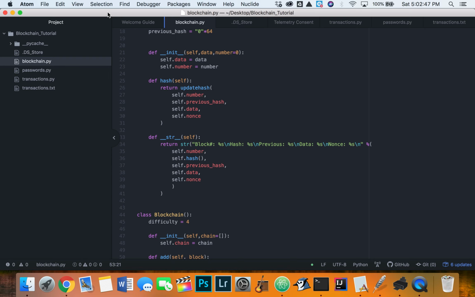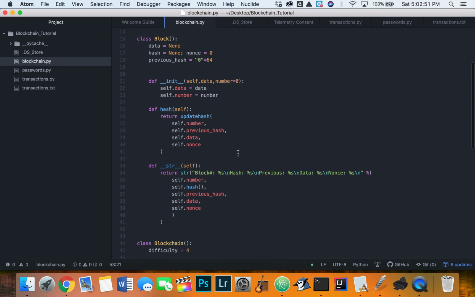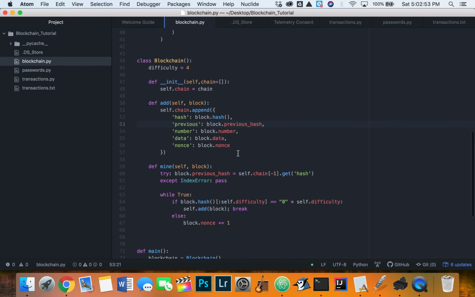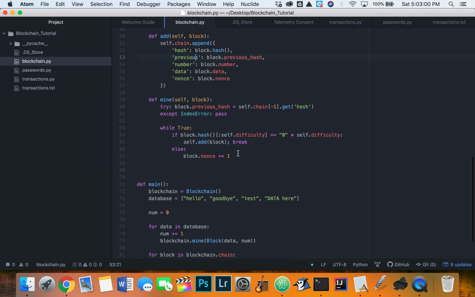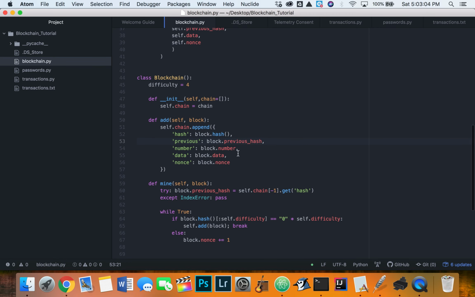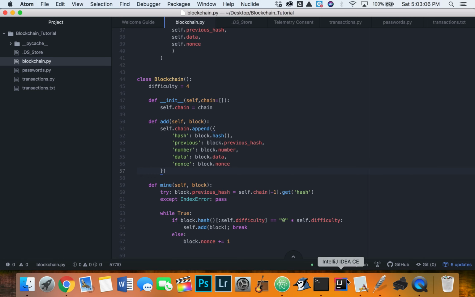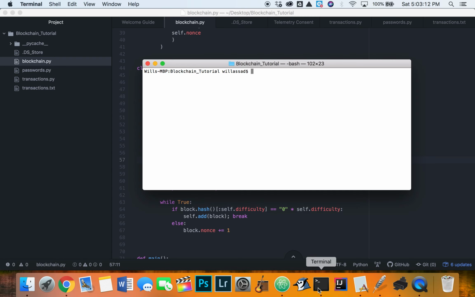So I guess diving right back into where we left off a while ago, there are a couple things I'd like to change after a year of letting this file sit. There's some things that I wish I would have done differently, and just a really small thing is in the past we had been creating the blockchain as sort of a list of dictionary objects. So if I run the blockchain file here,